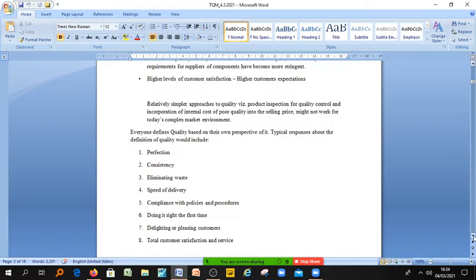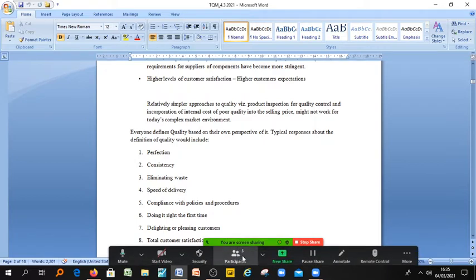Eliminating, then speed of delivery. Speed of what? Of delivery. Remember when we also looked at motion as a waste, whereby we looked at queuing? If people are lining up, it's not going to be quality service. Would that be quality service if people are lining up in a bank and the line is out there up to I don't know where? Will it be quality service? That's not quality. So quality is also measured from the perspective of speed of delivery, then